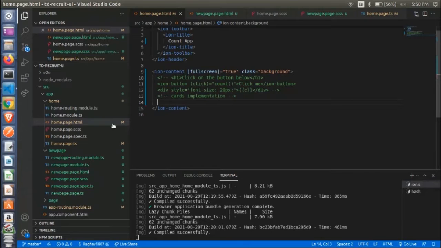Now, have you completed this moving of the home page HTML and SCSS to the new page.html and new page.scss?